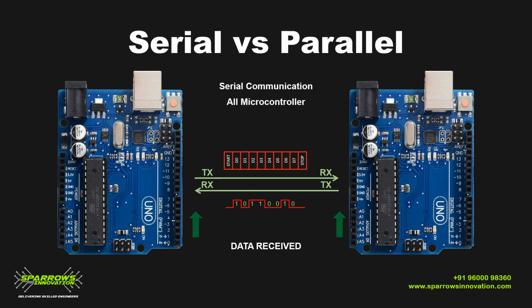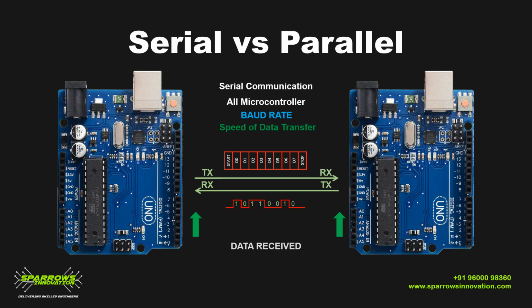But in parallel communication there is no issue because one clock pulse will be connected so that the data will be transmitted. But in serial communication, since we are transmitting bit by bit, we have to maintain the same speed on the transmitter side and the receiver side. To standardize this speed rating, we go for the option called baud rate. This baud rate is nothing but a standardized value for the speed of data transfer.